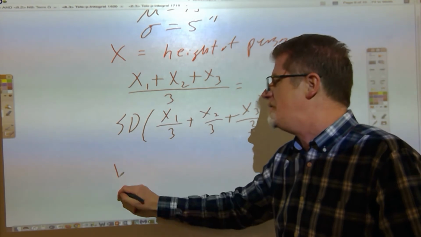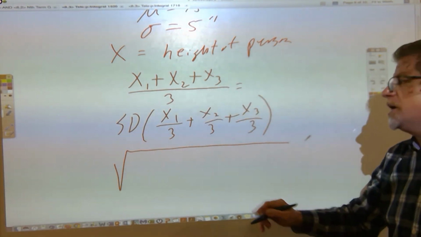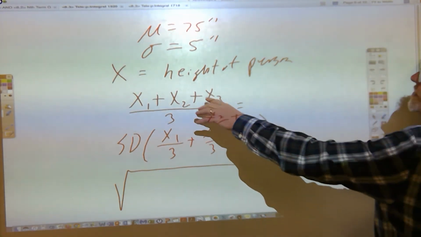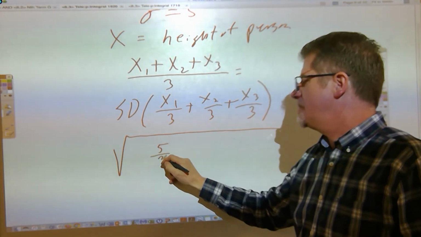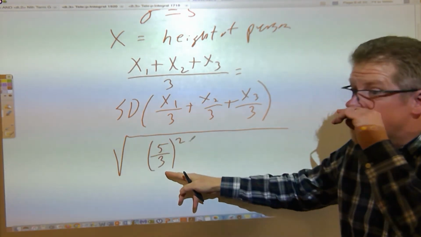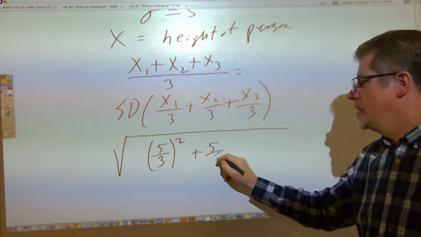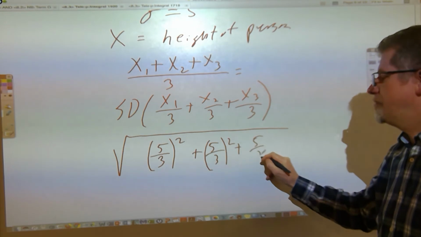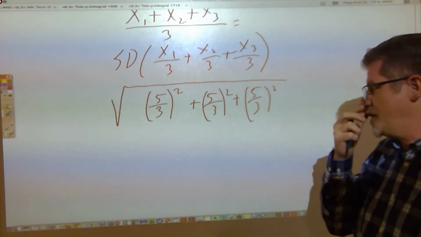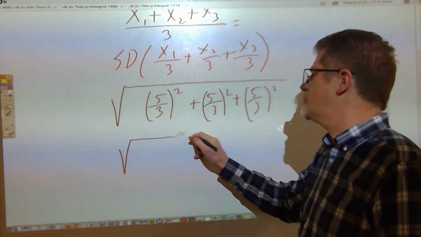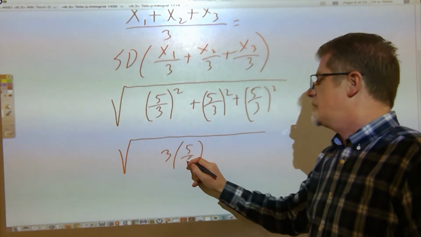So what is the standard deviation? The standard deviation of an average is the square root of... the standard deviation of x is 5. So now the standard deviation of the yogurtized amount is 5/3. So the variance is (5/3) squared plus (5/3) squared plus (5/3) squared. You probably won't get the connection to yogurt day until you actually write down an example. Think through an example on your own. How many of these (5/3) squared things do we have? 3 of them.